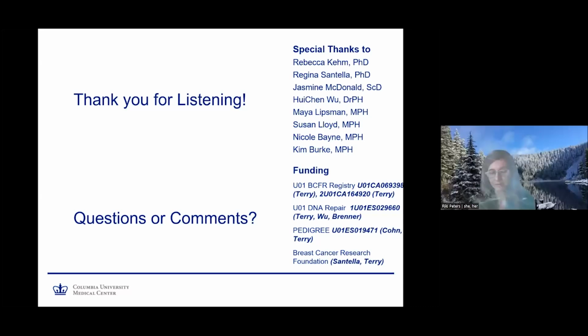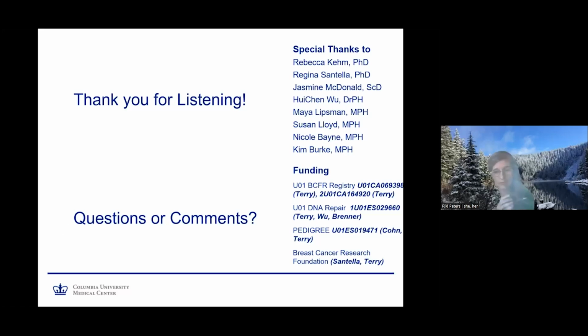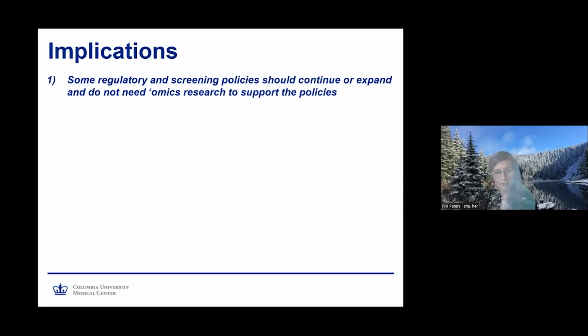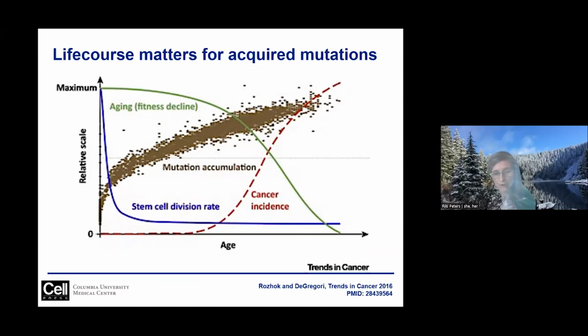Thank you, Mary Beth. This is a very interesting presentation. There's one question that's specific to one of your slides in the chat. It asks about the complex slide you showed where the cancer incidence goes up as age goes up, but the slide also shows that the mutations accumulate early in life and sort of top out later in life. Why would that be? Would the mutations be occurring throughout one's life?